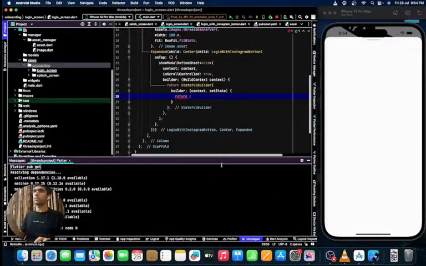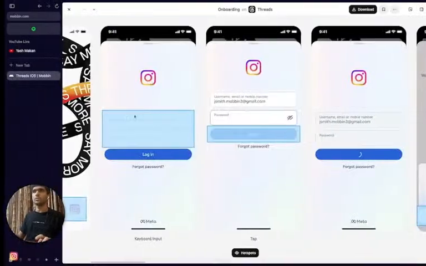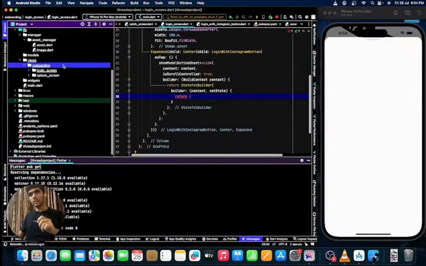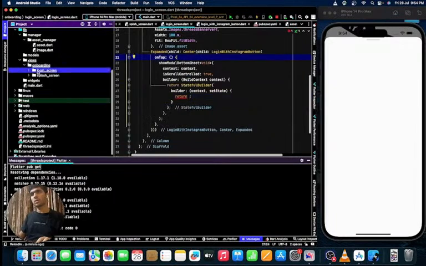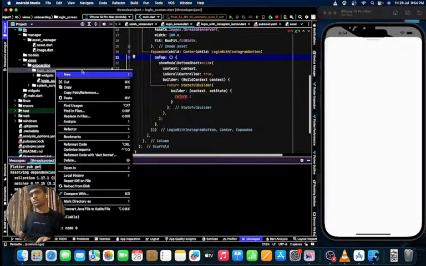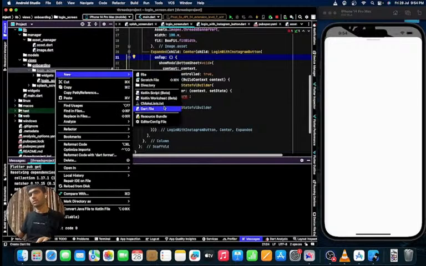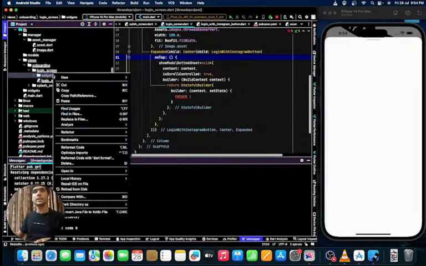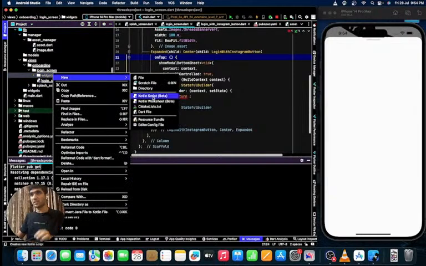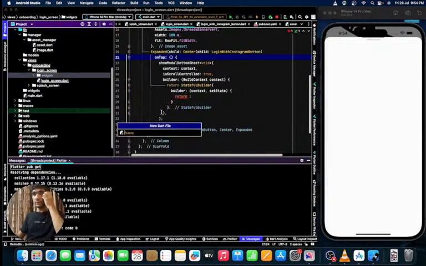Inside this bottom sheet. So inside the login screen only, I'll create a new Dart file. Let's just create a widgets folder, and inside the widgets I'll create a Dart file for the